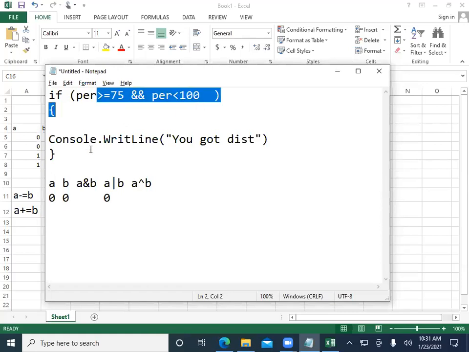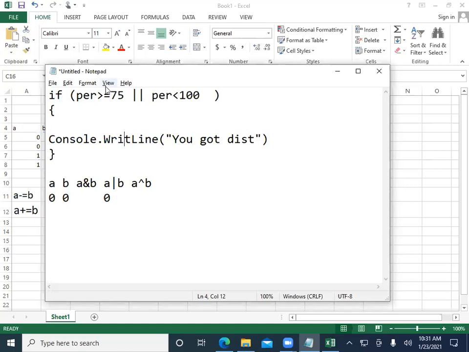If both the conditions are satisfied, then we give the message that you got distinction. And if here we use OR, then it means either condition can be satisfied, whether percentage is greater than 75 or percentage is less than 100. If one of the conditions gets satisfied, then it comes here. If the value of percentage is 125, then also it prints this one.